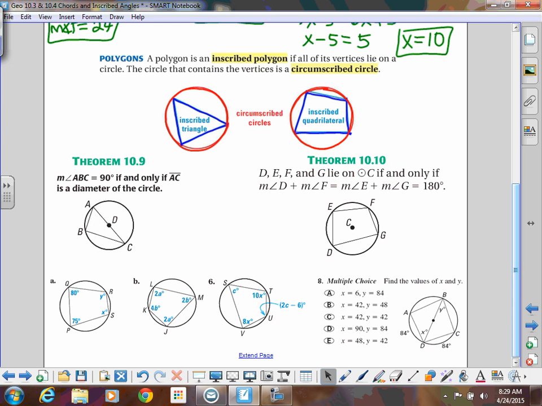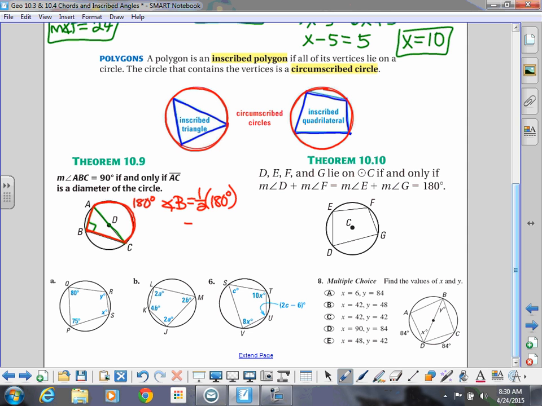If I have a triangle that's inscribed, and specifically I'm talking about one of the sides of the triangle being a diameter, then that means our angle here, angle B, has to be 90 degrees. And if you think about it, that makes sense with the inscribed property we were talking about before. If angle B is my inscribed angle, then the intercepted arc is going to be a semicircle. So that's 180 degrees. So angle B had to be half of that 180 degrees. And half of 180 is 90. Okay, so as long as that side of the triangle is the diameter, we know that it has to be